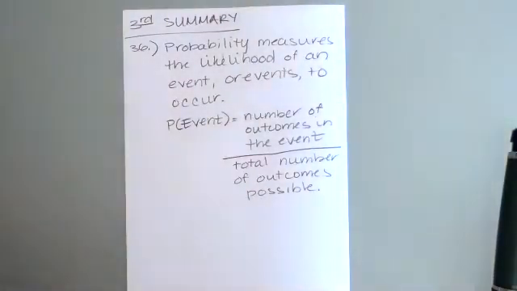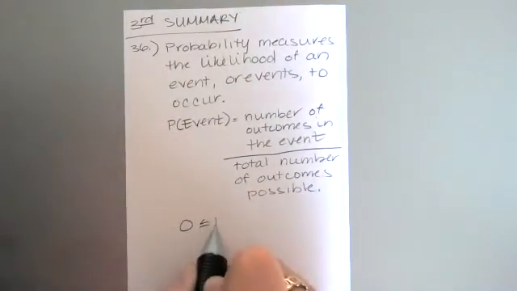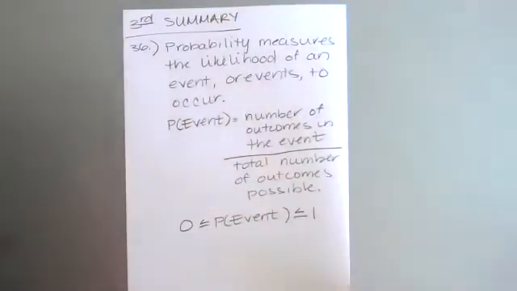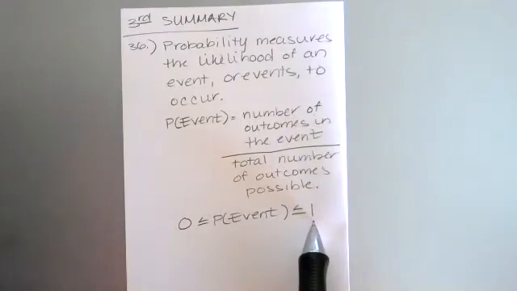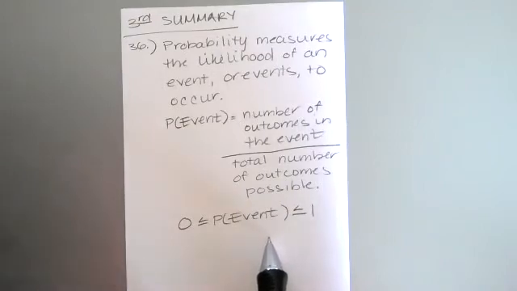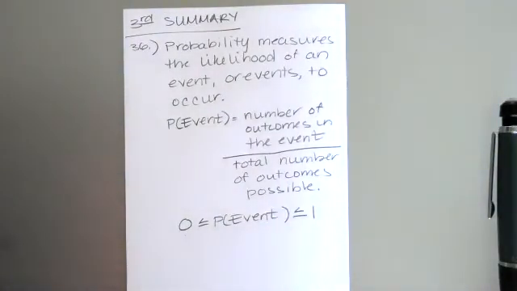Is that less glary? I don't know. And the range of possible answers would be 0 is less than or equal to the probability of the event, which is less than or equal to 1. So the 0 means that thing is definitely not going to happen. 1 means that is the only thing that can happen. And any number in between 0 and 1 is a reasonable response for a probability question. If I ask you the probability of something and you say 17 million, somehow we miscommunicated. You should check your answer.